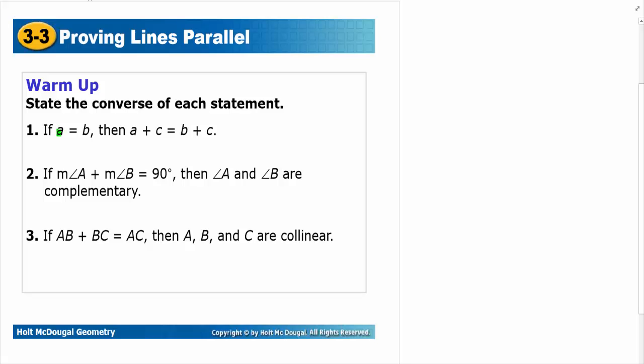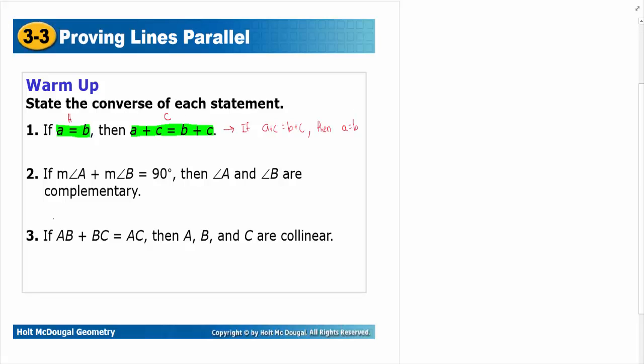So you have to first know what a converse is and how it's changed from a conditional statement. So I'm highlighting again the hypothesis and the conclusion. So in this case, this is my hypothesis and that is my conclusion. I'm just going to switch those around. So you would say if A plus C equals B plus C, then A equals B. Again, converse of a conditional, you take the hypothesis and conclusion and switch